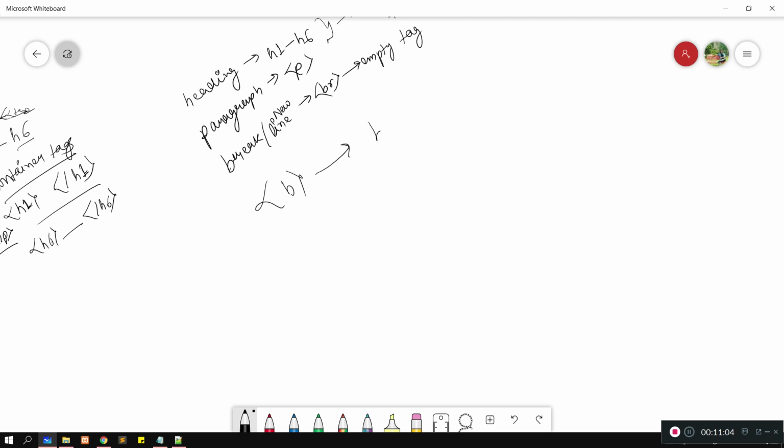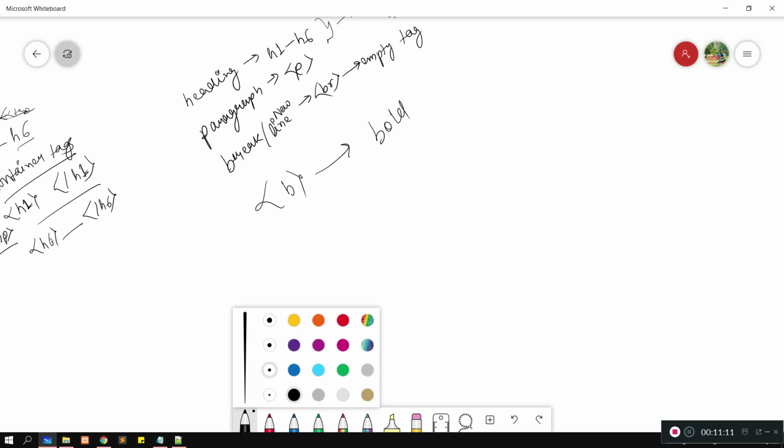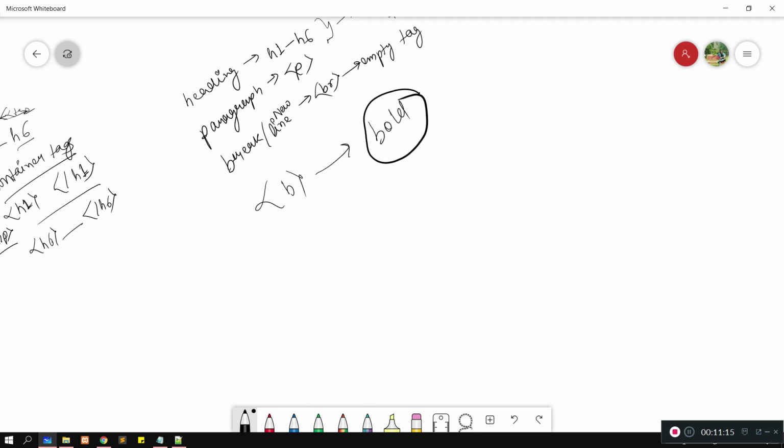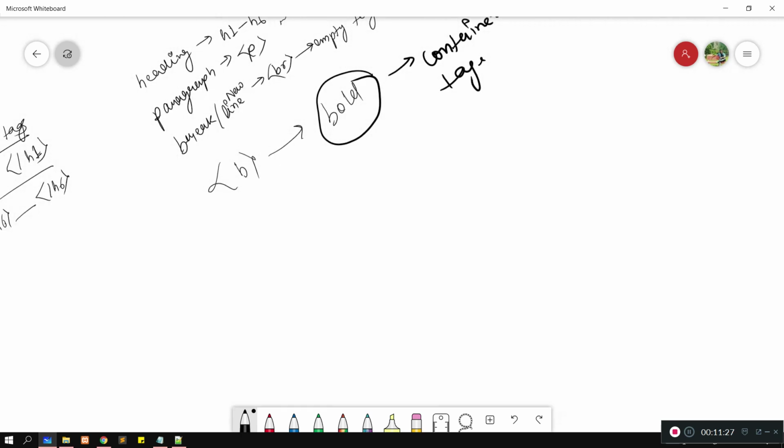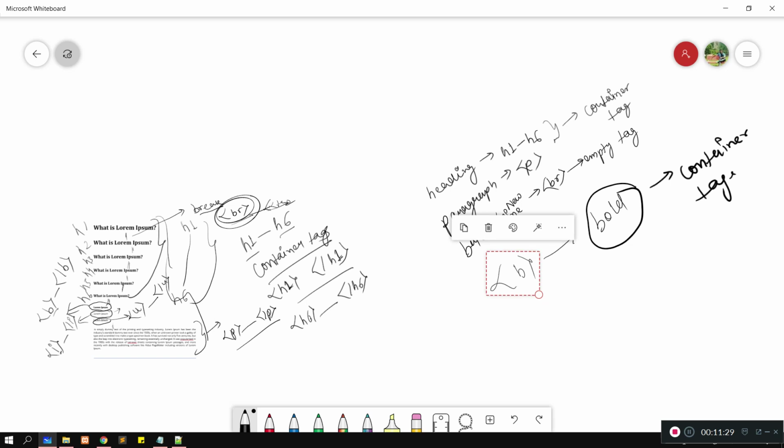So heading we have learned, paragraph, break, and coming to the third, that is b for bold. This is also a container tag. Then we have underline and italic also.